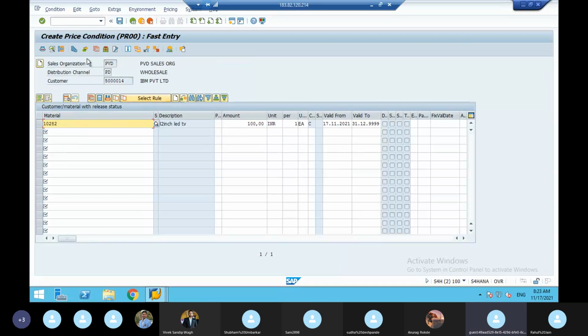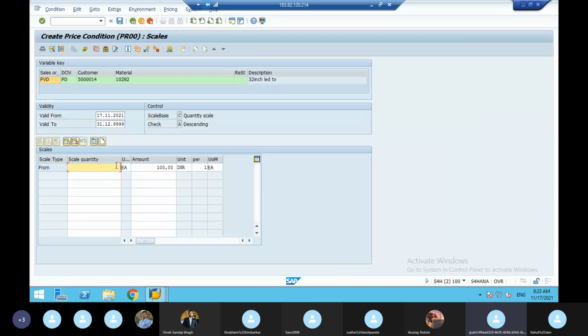Suppose in PR00 the scale basis field is maintained, then you click the scales and maintain them here. For one quantity it is 100 rupees. If the customer gives 100 quantity, then it is 90 or 85 rupees. For 500 quantity, it is 70 rupees. For 1000 quantity, it is 50 rupees.